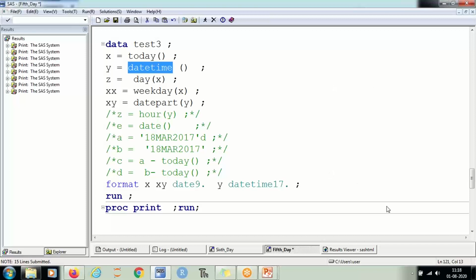Need to check. Show me the code which you have written.